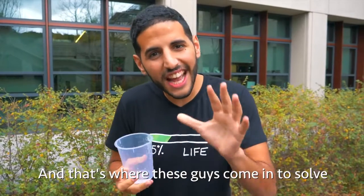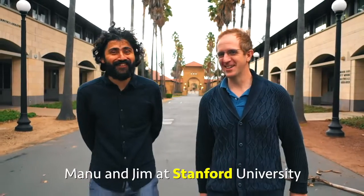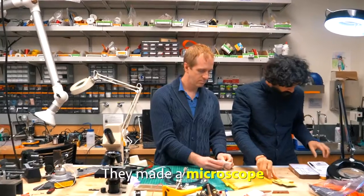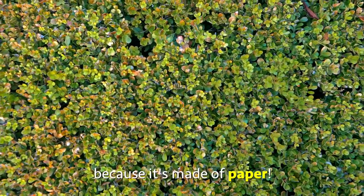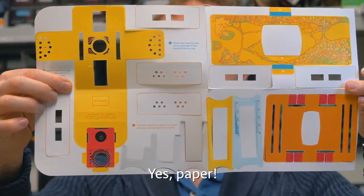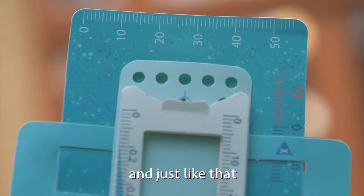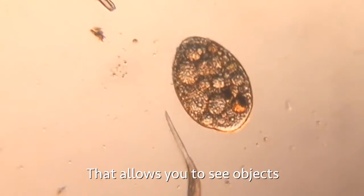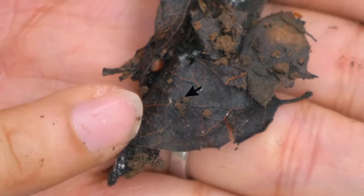And that's where these guys come in to solve the tiny monster problem. Manu and Jim at Stanford University came up with a unique invention. They made a microscope that's 1,000 times cheaper because it's made of paper. Yes, paper. You get this paper, fold it just like origami, assemble it, and just like that, you have a microscope that allows you to see objects 140 to 1,000 times bigger than they actually are. Do you see that where my...